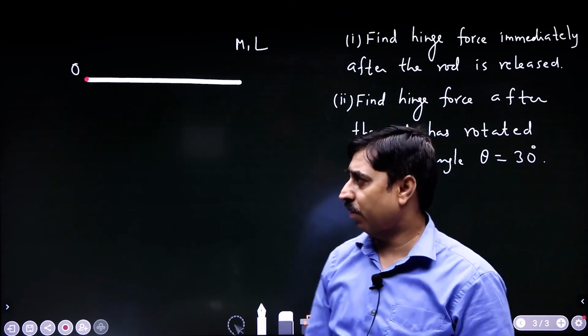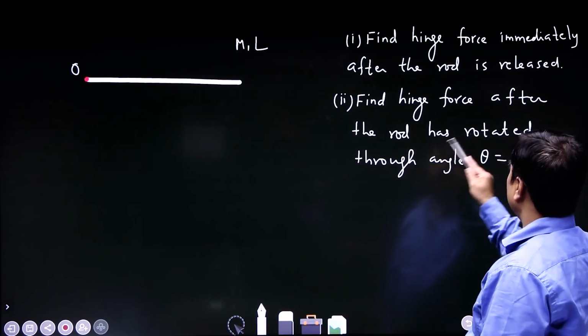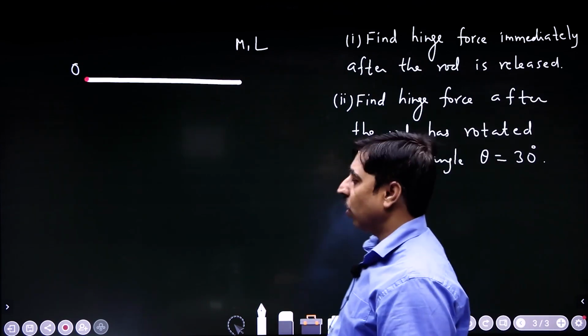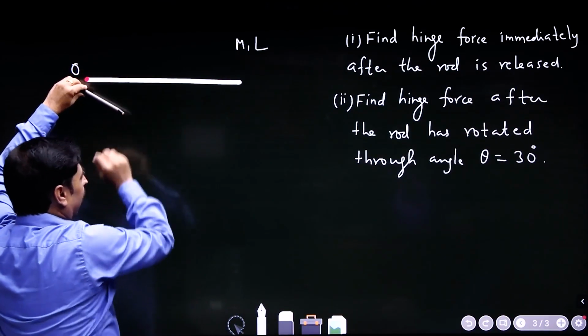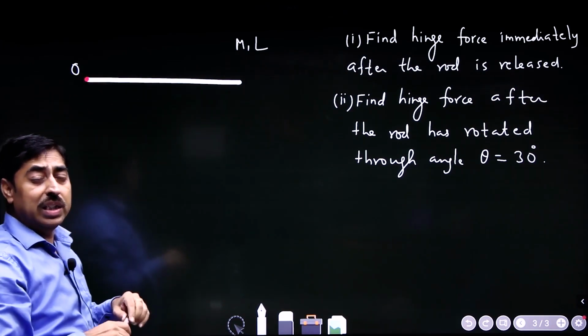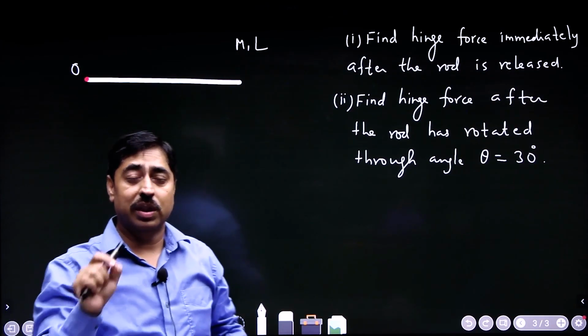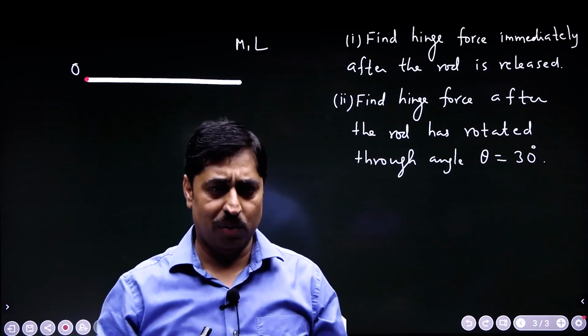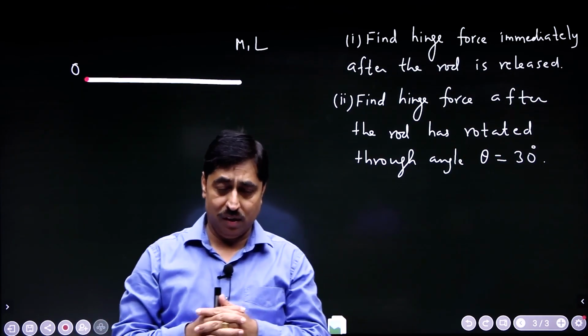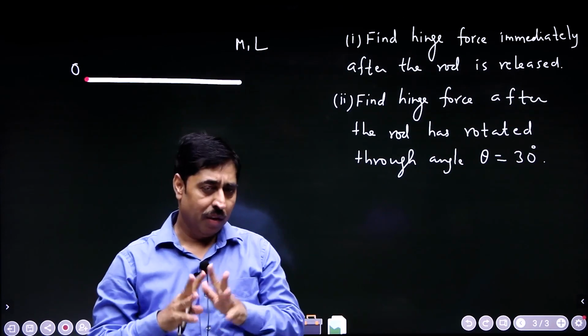And the second question is, after the rod has rotated through an angle of 30 degrees, what is the hinge force? So, after the rod has turned through an angle of 30 degrees, at that particular instant, how much force is the hinge applying at point O, the support applying at point O. So, these are two problems. Let us discuss them one by one. First one,